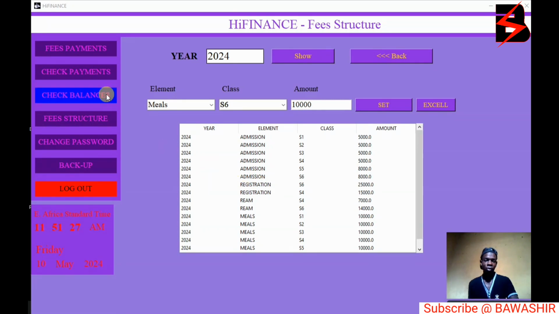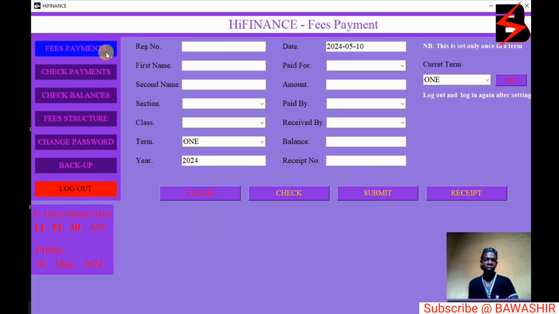So from there we can come now here in phase payment. So we can have maybe registration number. Mine can be BS01/24. BS, maybe it can be the name of the school, then 01 can be the number of the student, then 24 can be the year. Then from there I will have the name, maybe Wabwire, Brian,